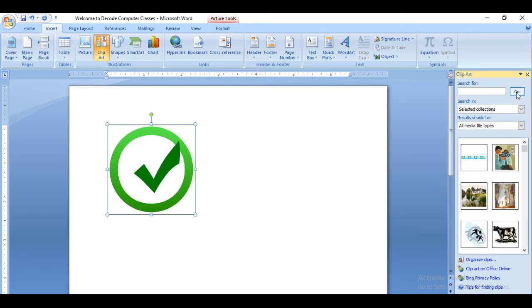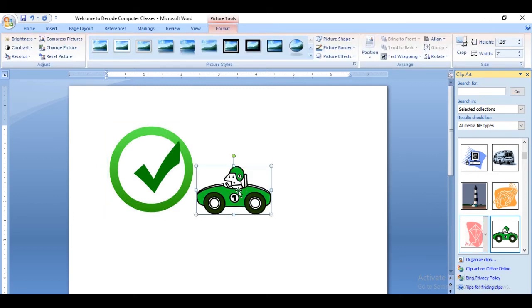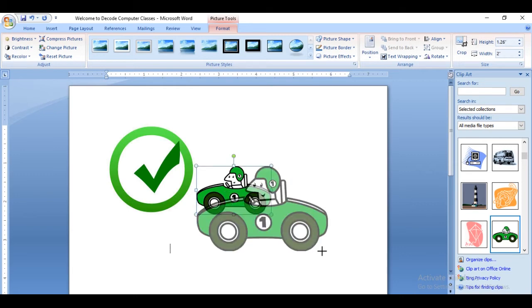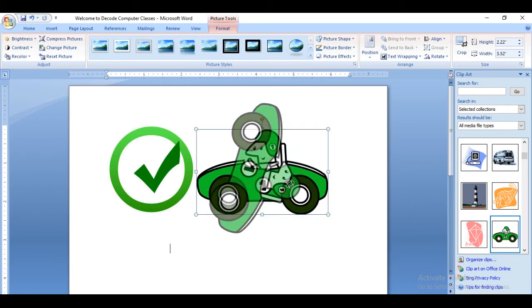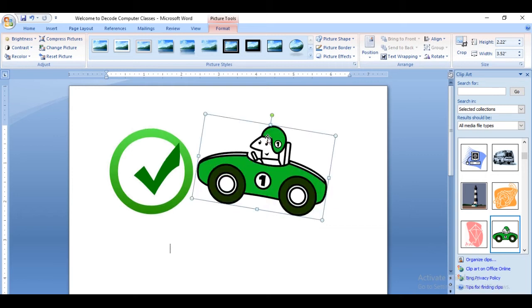Click on the go option, and all the images in this clip art gallery will be available, and you can just select any one of the pictures and it will be inserted here in the document. Okay, so this way you can insert the picture, you can drag it, you can turn it according to your convenience, right? So this way you can insert a picture from the clip art gallery.